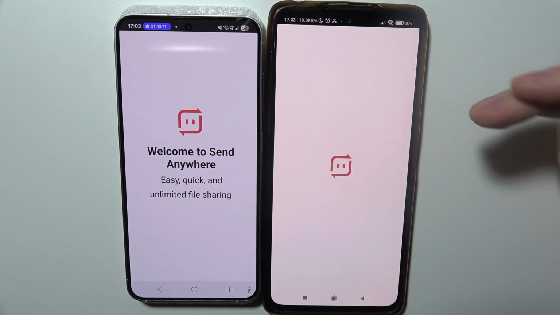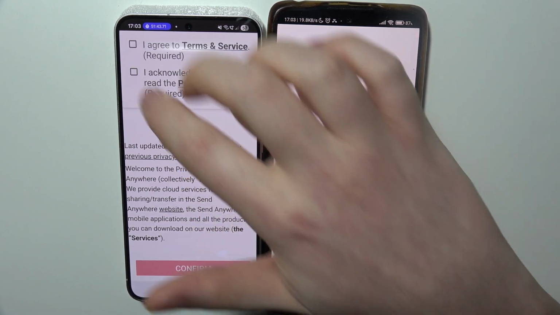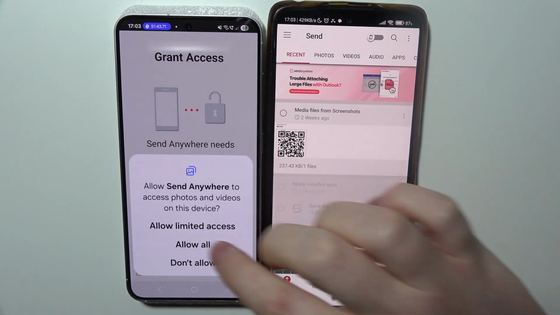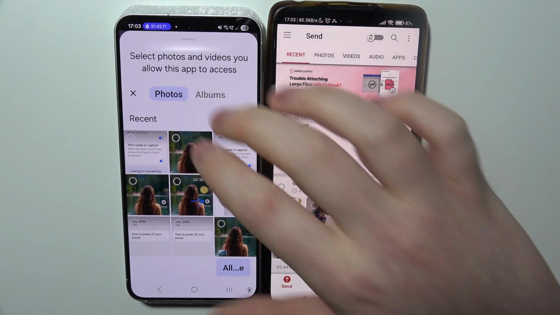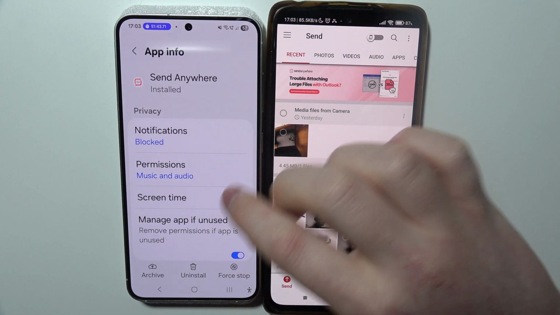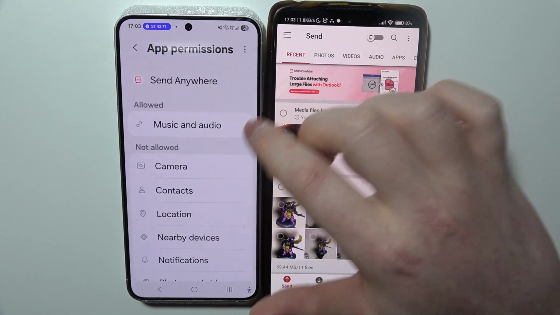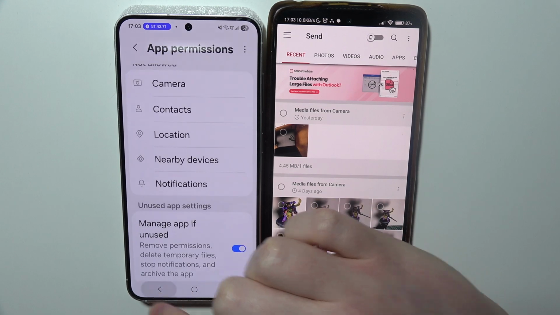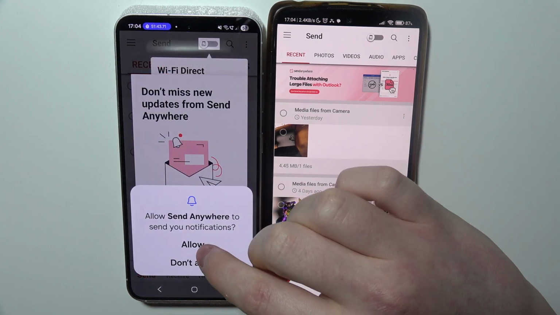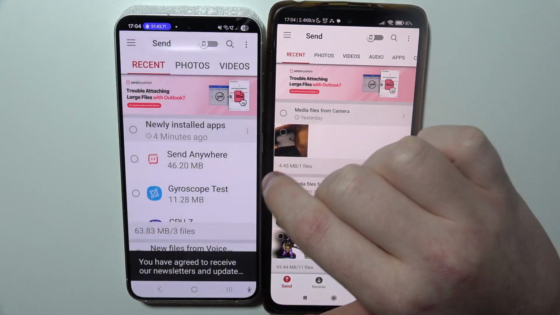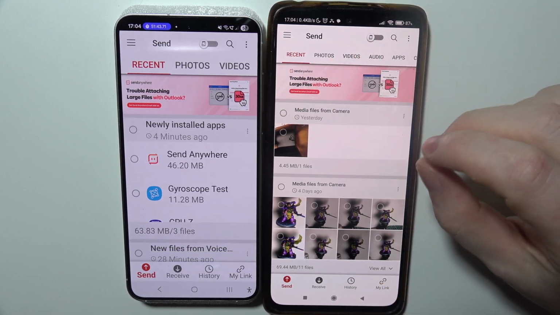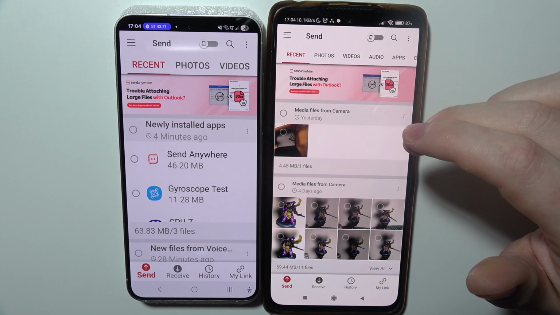We can open it on both of the devices. Now on the left there's a Samsung, and on the right there's my previous smartphone, and we need to allow any permissions that will pop up on the screen. And when we have those permissions, we can go back to the main app. So now make sure that both of the devices are connected to the internet, and we can start moving those